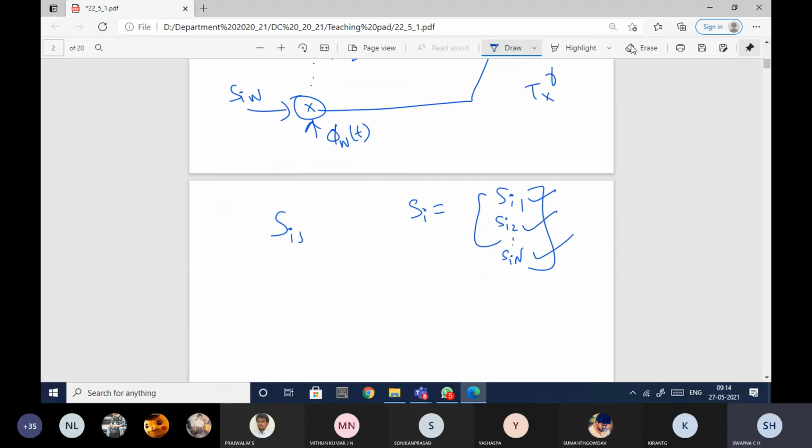In order to get that, the equation to calculate the same is s_ij is equal to,